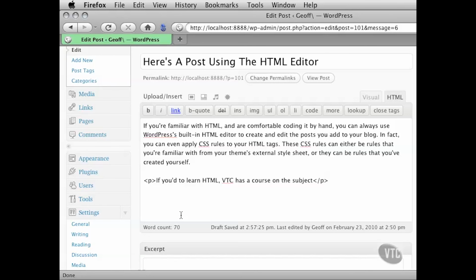So what I've done here is I've placed my cursor just after the P in the opening paragraph tag, put in a space, type in the word align, equals, open quote, and then type in the word center, and then close quote. Okay, perfect. Now, the next thing that I want to do is I want to make the text VTC,